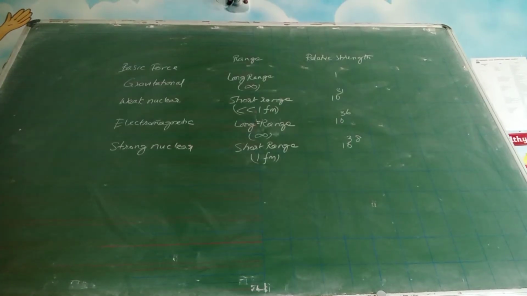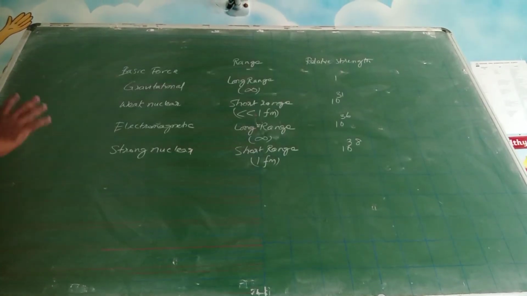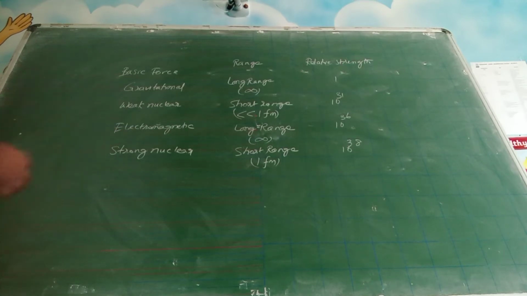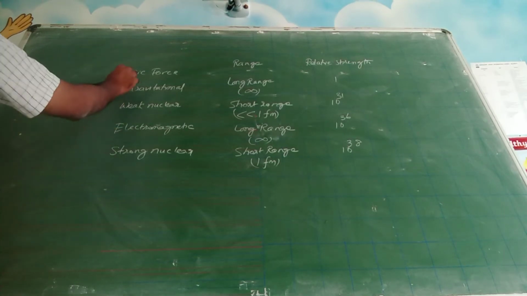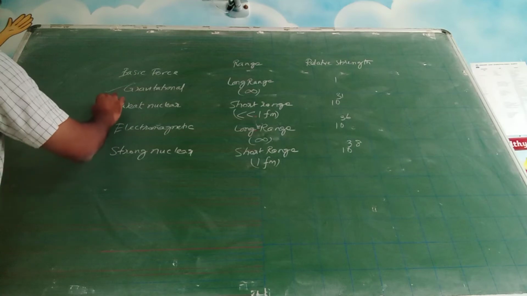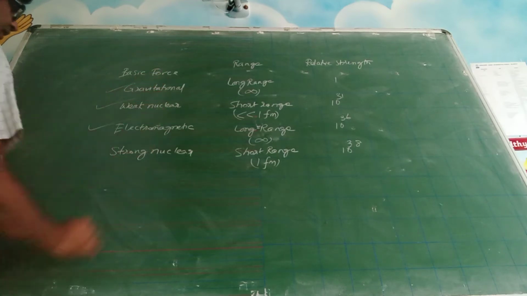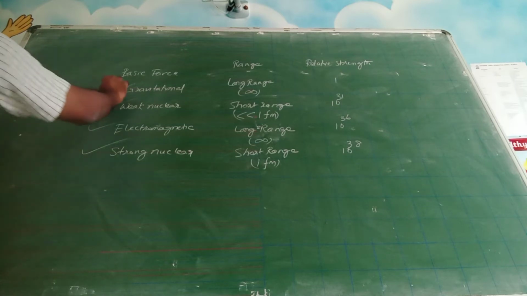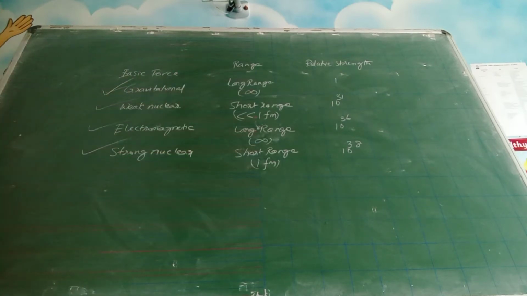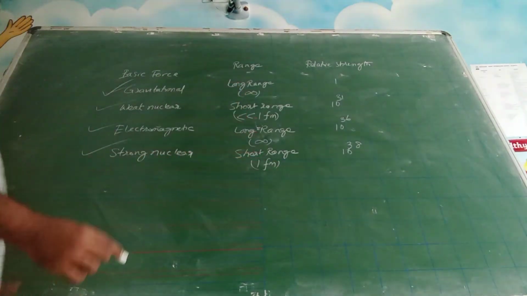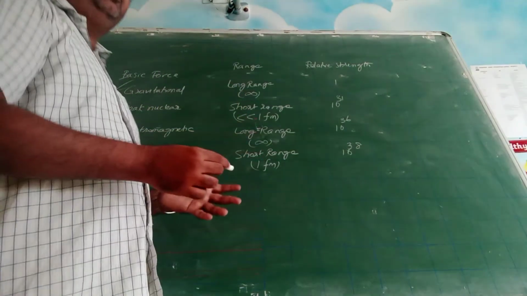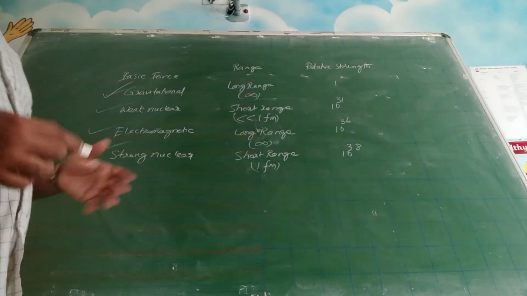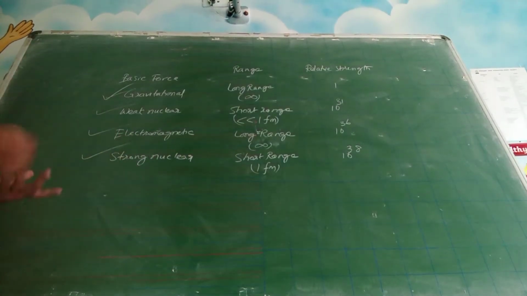See, whenever we talk about forces, we have to know what are the different types of forces here. So if you talk about basic forces, you have gravitational force, weak nuclear force, electromagnetic force, and strong nuclear force. However, in this chapter, we are dealing with the gravitational forces. Now, gravitational forces are long range forces. You can say that there is a gravitational force between Sun and the Earth, and you know the distance between Sun and the Earth is very high.